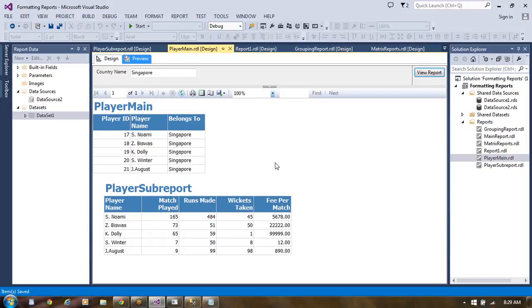I think we have seen that particular drill down already. But again, let us try to use this one here. Once again, try to see how a drill down can be made here. So this is basically a sub report here. We made a sub report. In the main report, all the player names are available. When you take the child report or sub report, there you are finding the detailed information. We get the detailed information in the sub report. So like this here, we made a main report as well as a sub report.